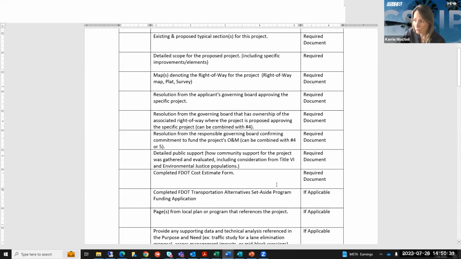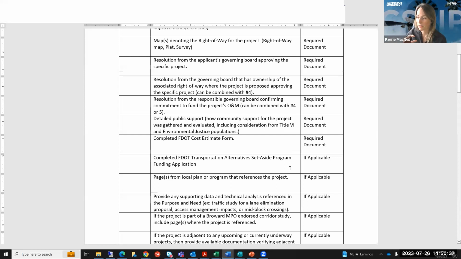And then a resolution from the applicant's governing board approving the specific project. And then if your project is on a corridor or facility that's not owned by the city, say it's a county-owned facility, something like that, or if you're doing a partner application where you've got 2 different municipalities, you're going to want to also submit a resolution from that facility owner. And then a resolution of support from the responsible governing board confirming commitment to fund the project's